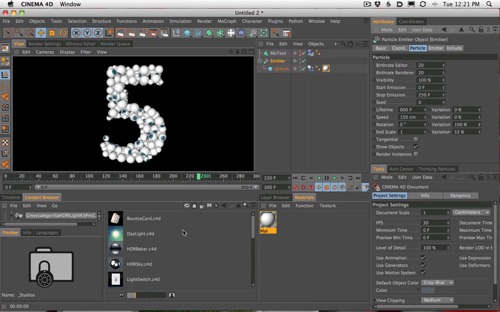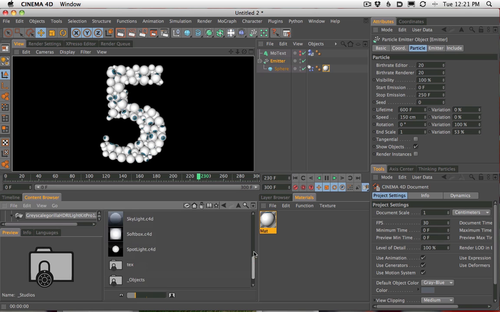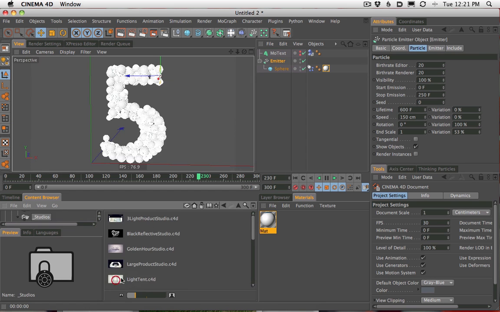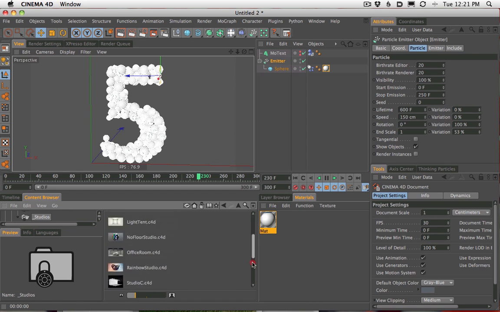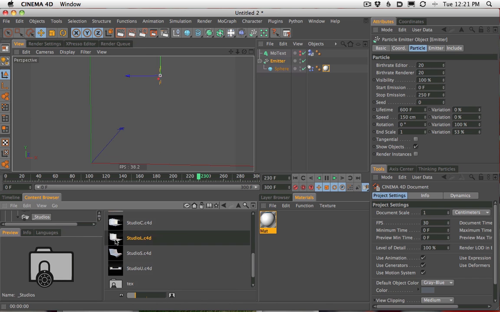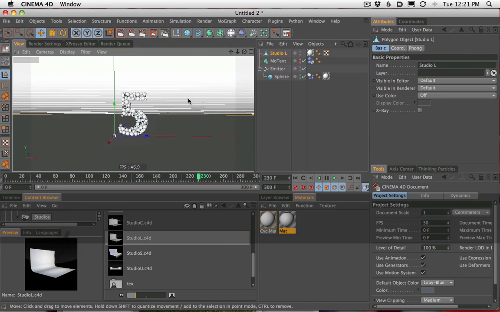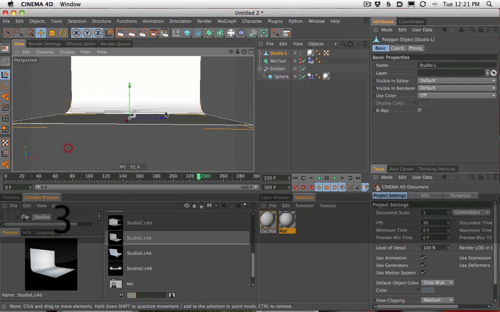Let's get a background in. For the backdrop, I'm going to use a studio that comes with the Greyscalegorilla Light Kit Pro. If you have the Light Kit Pro, you can make this, or you just go into studios and come down here, and you could use something like the L Studio. If you zoom out of the L Studio, it's just a basic sweep.